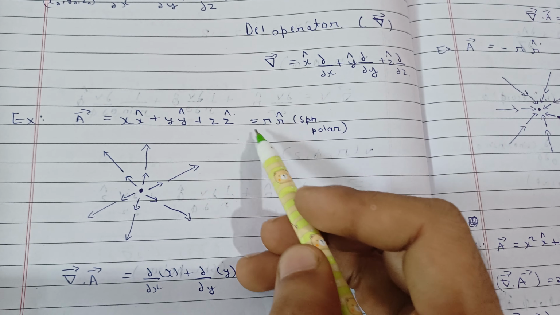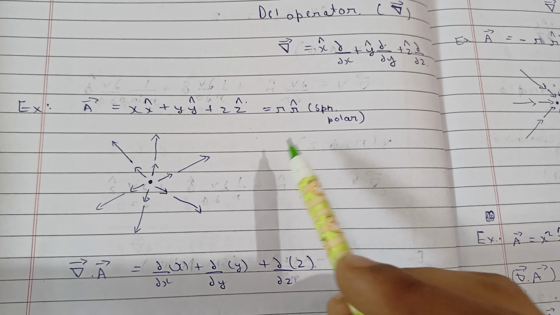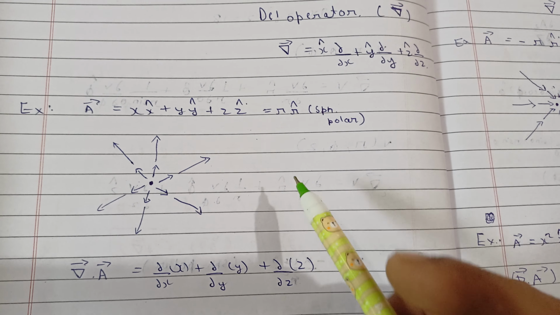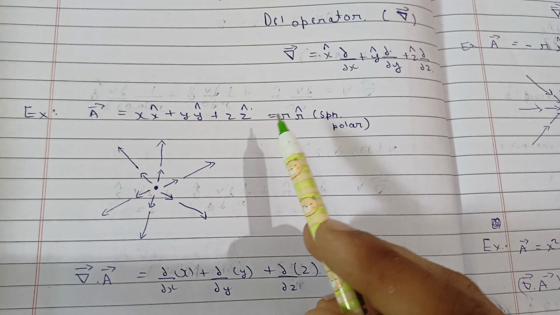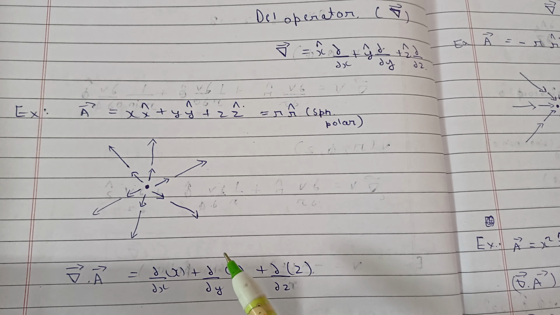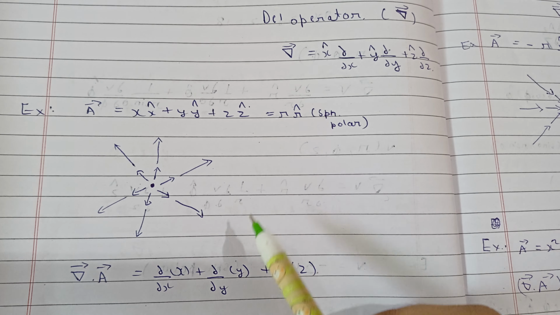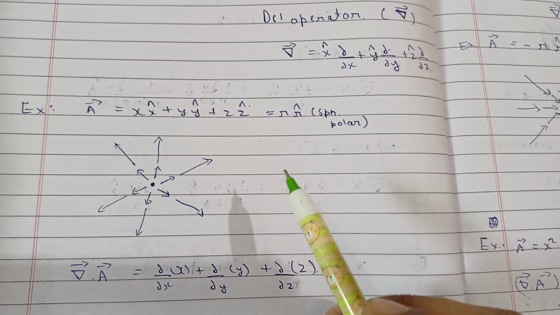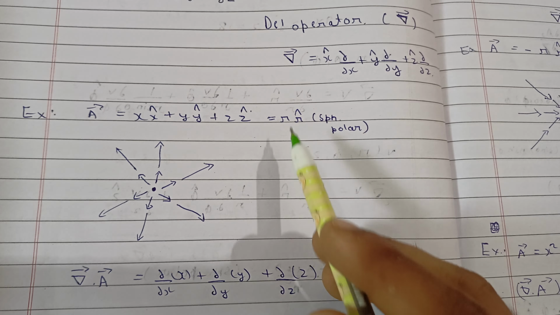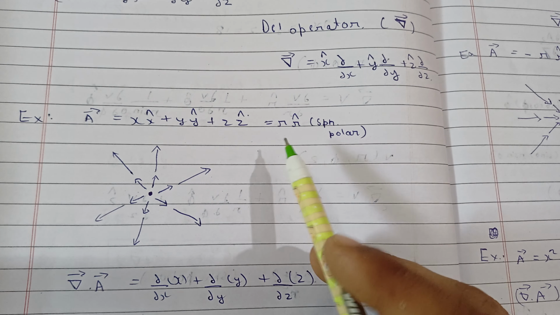Now how to represent this vector field? See, this is a sphere, and the direction will always be in the radial direction. When you take the vectors in that field, they will make a sphere. If you take r equal to 1, there will be vectors of length 1 in the radial direction, so you will get a sphere of radius 1. Therefore for 2, you will get a sphere of radius 2. And that's how you can define the vectors also.